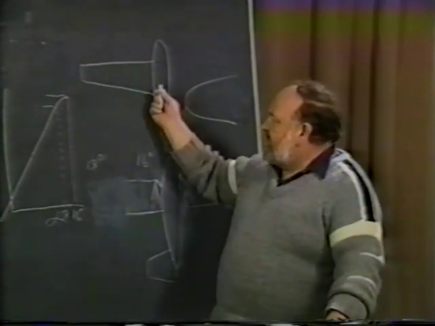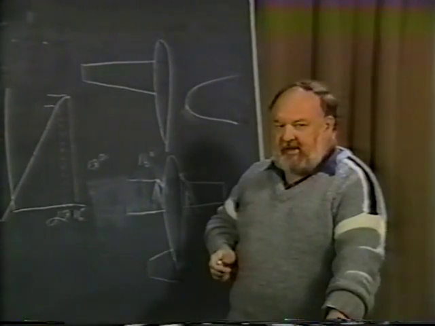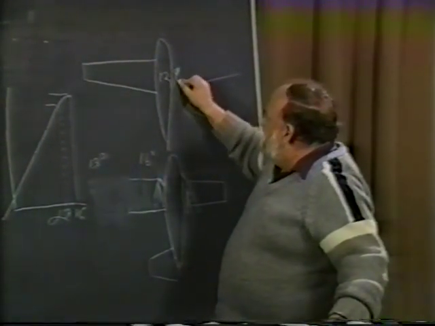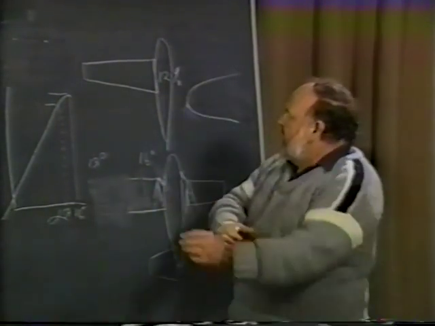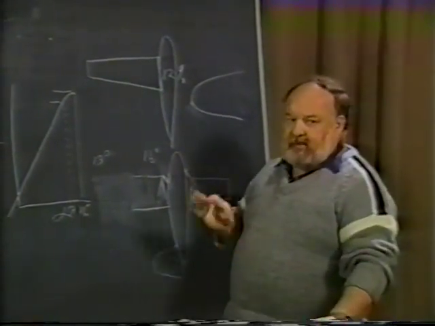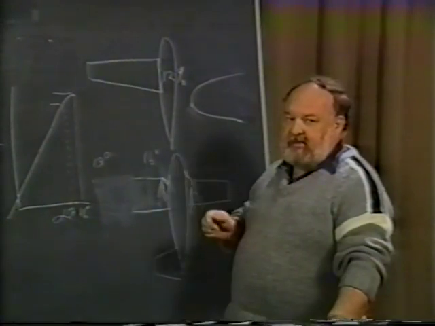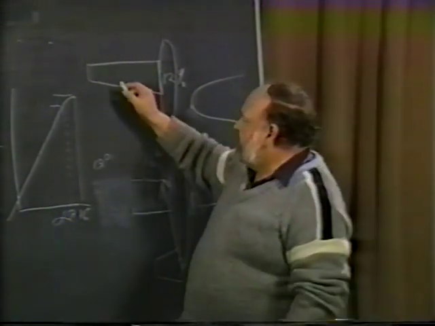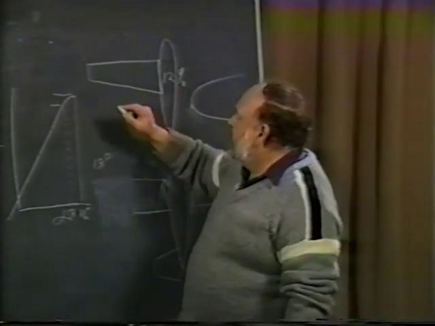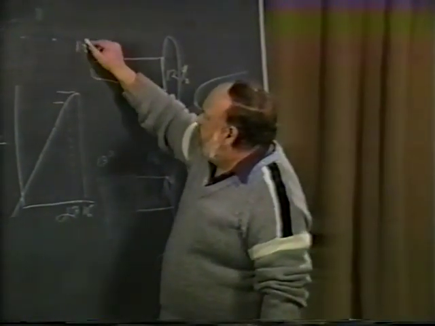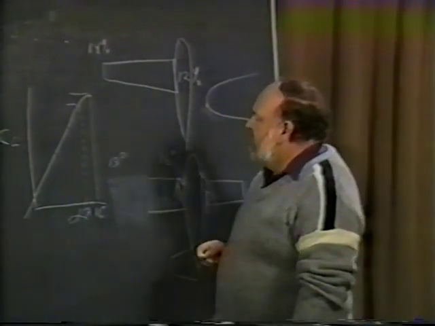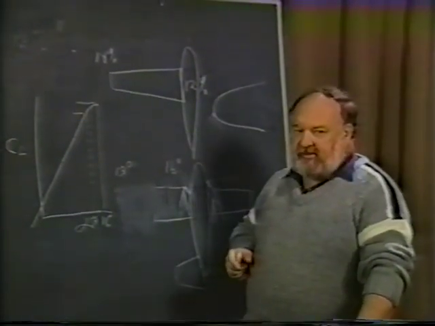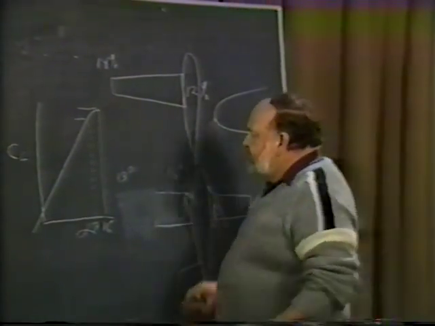One of the things we did, we changed airfoil section in actual thickness. We used a 12% thick airfoil at the root. This was not very thick, but the airplane was a high-speed airplane. We did not need any thicker than that. And we went the opposite way of the conventional thing to do. Instead of using a thin airfoil at the tip, we went to an 18% thick airfoil at the tip. But the fact that the chord was less, that the wing tapered and the chord was less, from a head-on view,